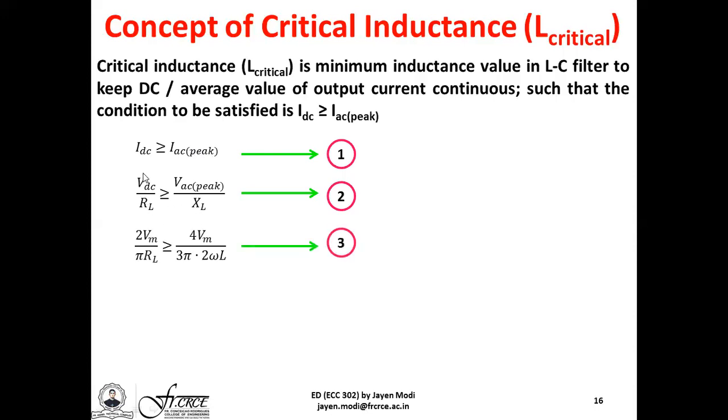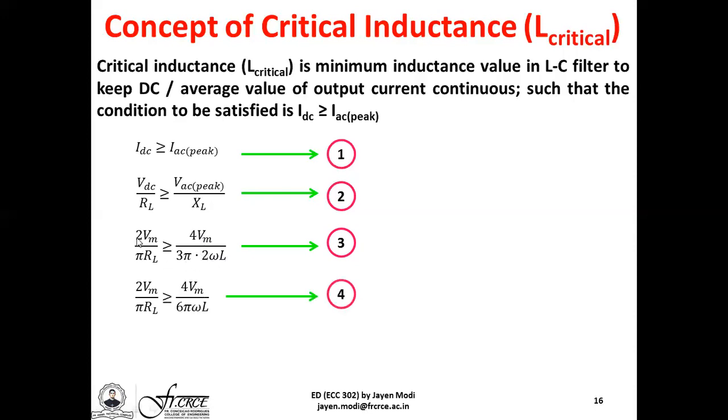So this gives us VDC can be easily put down in terms of Vm. So VDC, as we had already seen, is given by twice Vm upon pi. RL, of course, stays the same. This should be more than or equal to the peak AC voltage is given by 4 into Vm upon 3 pi. Now XL, although we know it is omega L, here it becomes twice omega L, reason being that ripple frequency of the rectified output voltage is double or is twice of the main source frequency. Hence the frequency here is given as twice omega L.